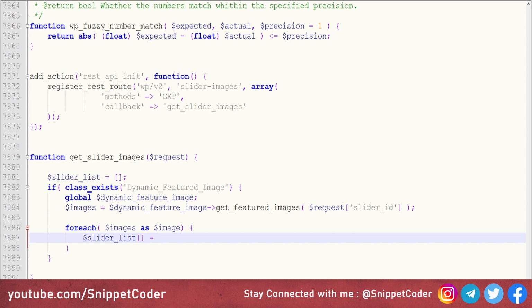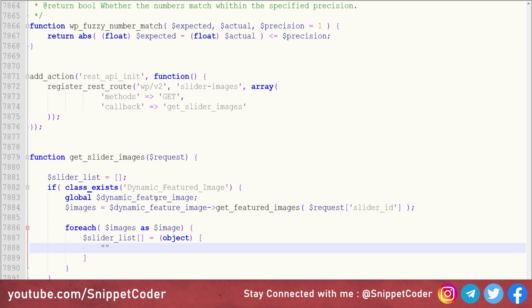is equal to, and here we will create the object, and we have the square brackets here, and here the variable which we are passing in our API, that is url, and we are getting this data from image, and the field name is full, that will give us the full URL of that particular image.